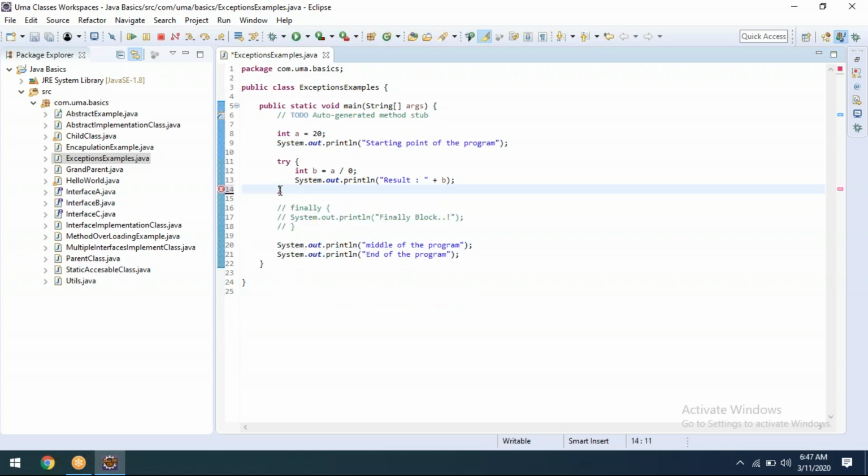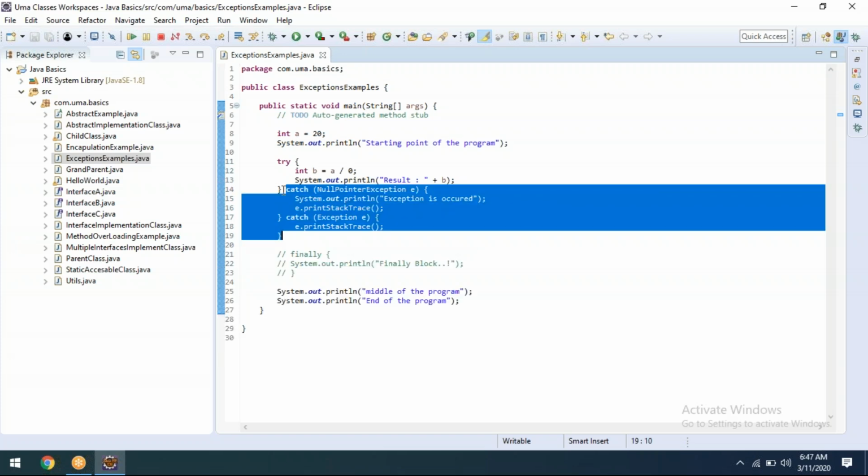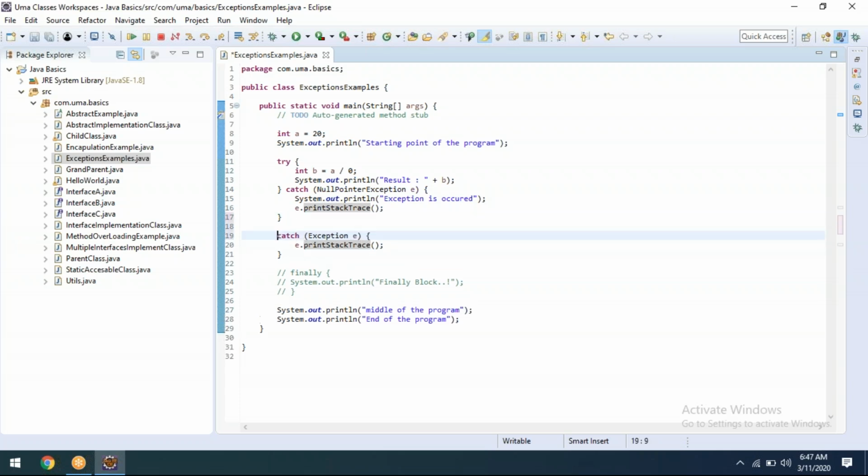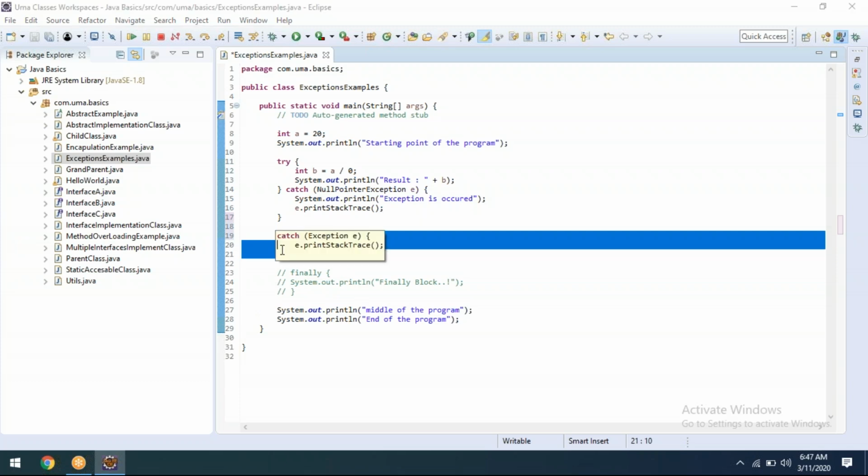It will say some error message, like insert finally or complete the statement. Or else only a catch block also won't work out. A single catch block won't work. That is the second thing.